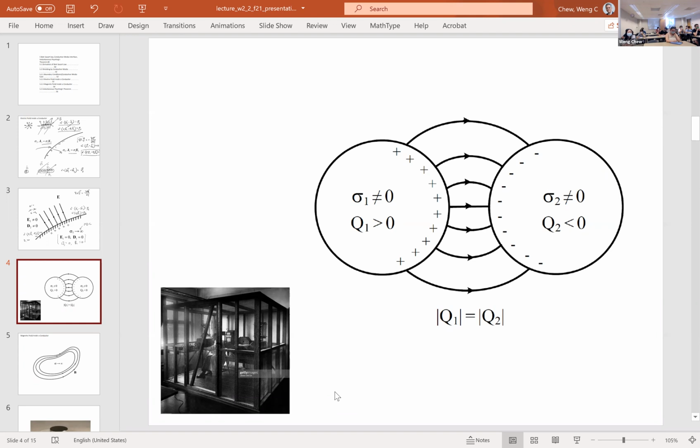And this conductor, as you have seen in your Duncan experiment, does not have to be a perfect conductor. It just has to be a good conductor. You see that? Just as long as they are good conductors, they can move the charges around and shield the electric field from entering it. So what is more important is that if the electric field is zero inside,